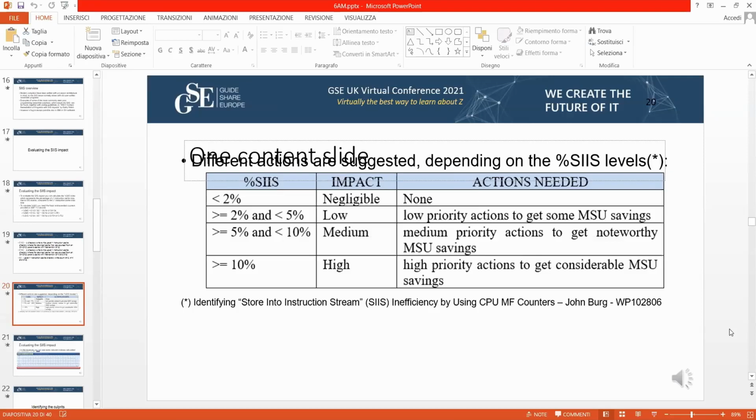If you are between 2 and 5, then this is a low priority situation. And again, this is the suggestion from John Berg. If it's between 5 and 10, it's an average situation, so you could have some advantage or not. If it's higher than 10%, then you definitely need to spend some time in order to understand what's happening and see if you can fix it.